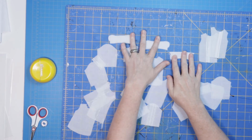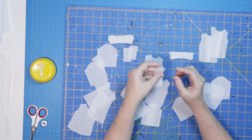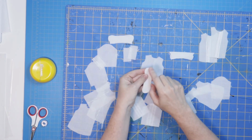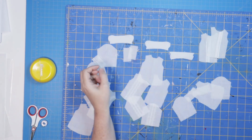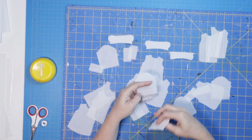So we'll sew our collars, we'll turn them right side out and press them. Now with these curves, I will want to do some release cuts just so that I can get a good nice smooth curve out of those. I'm also going to, on my sleeves,